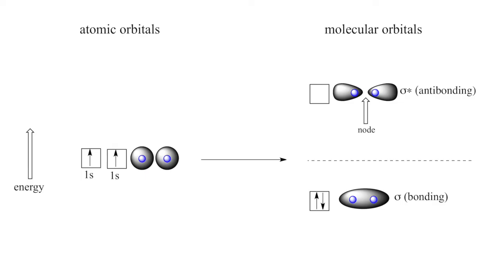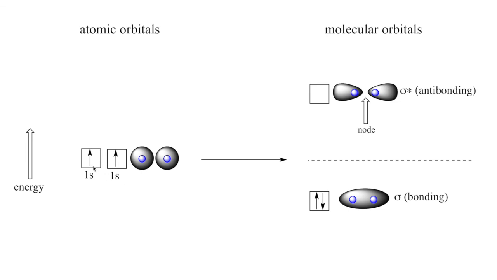As an example, let's again take a look at the hydrogen-hydrogen bond. Remember that we said that each electron is in what is known as the 1s orbital. Now, if you were to blend these two atomic orbitals, combine them, you would have what are known as molecular orbitals. Since we started out with two atomic orbitals, we will end up with two molecular orbitals. One is known as the bonding molecular orbital, the other as the anti-bonding molecular orbital. The anti-bonding orbital is higher in energy because it has a node.